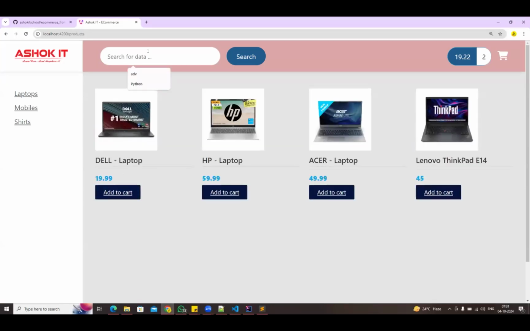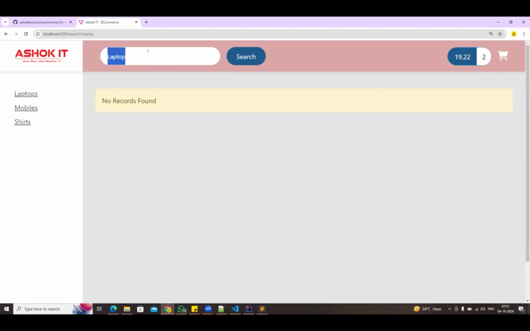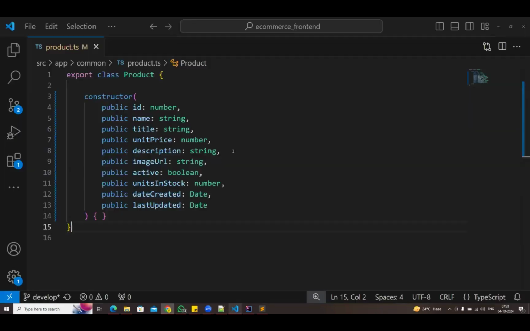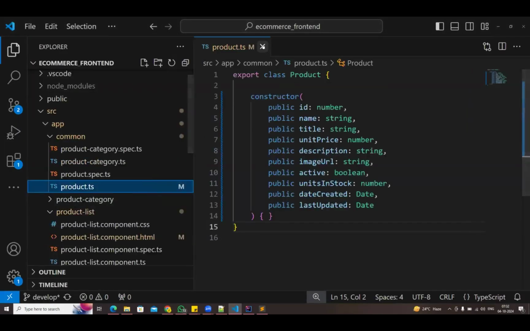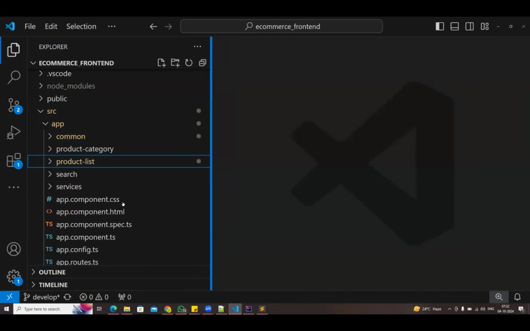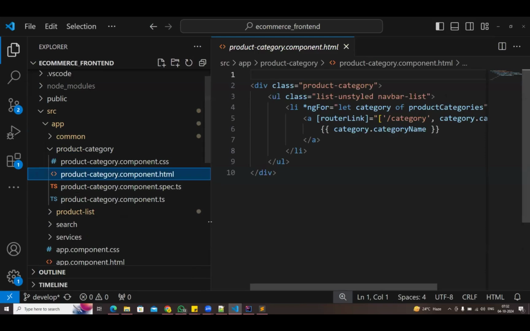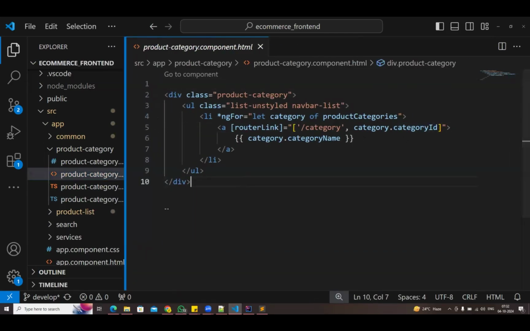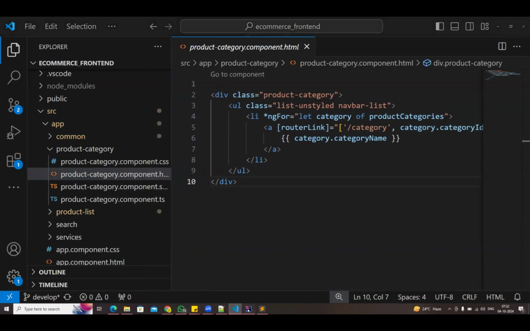If I type something like laptop, filter is not working. Search functionality is not working. Okay, menu first, let me fix the menu issue. The category menu is loading dynamically, but the menu router is not working as expected. Let me go to product category component.html. In the category component, you are using category ID, but what I am getting from the backend,